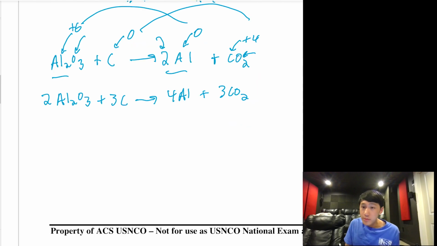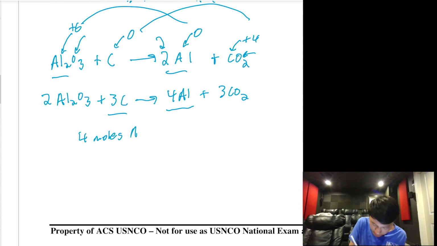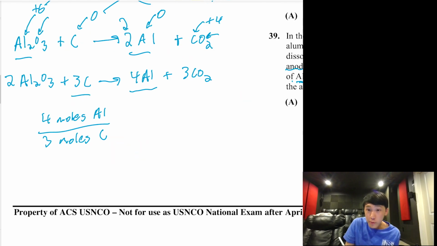Now that we've balanced the redox equation, based off the stoichiometry between aluminum and carbon, we can figure out the ratio of mass that they're asking for. We know that for every 4 moles of Al produced, there are 3 moles of carbon used up. Now if we want to know the ratio of the masses, like the question asks us for, we can multiply by the molar masses. So we have 4 moles of aluminum times, I believe,